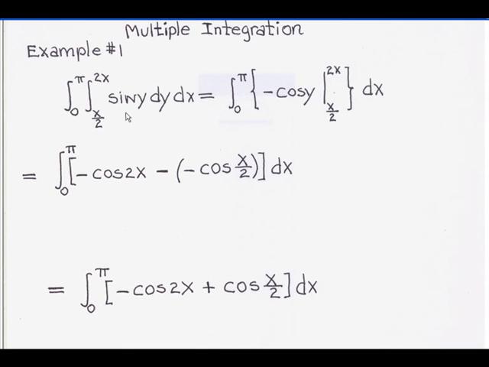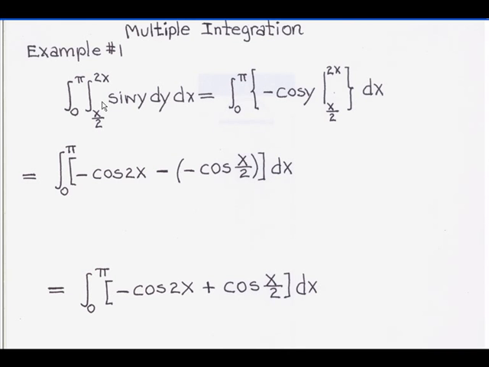Now we proceed to take the integral of the inner integral, and we see here that there are no x terms to hold fixed and treat as constants. So we're simply going to take the integral of the sine of y with respect to y. Once again, there are no x variables here that we have to hold fixed and treat as a constant. We're given simply the function sine of y. So taking the integral of the sine of y with respect to y, we now have the integral from 0